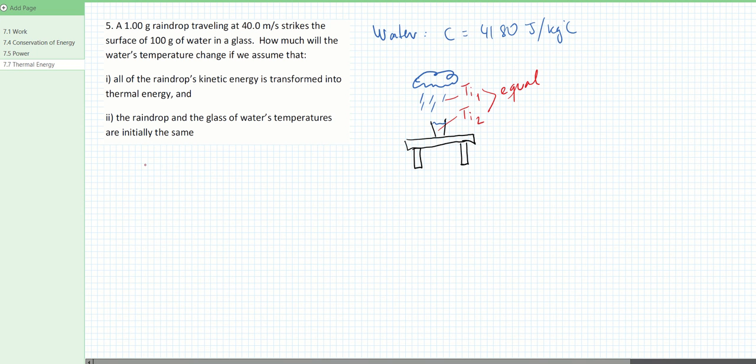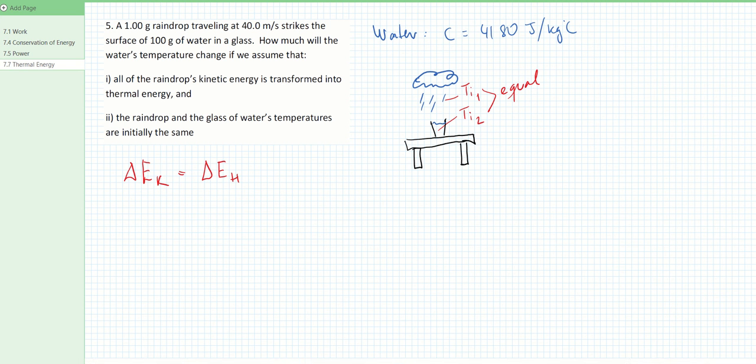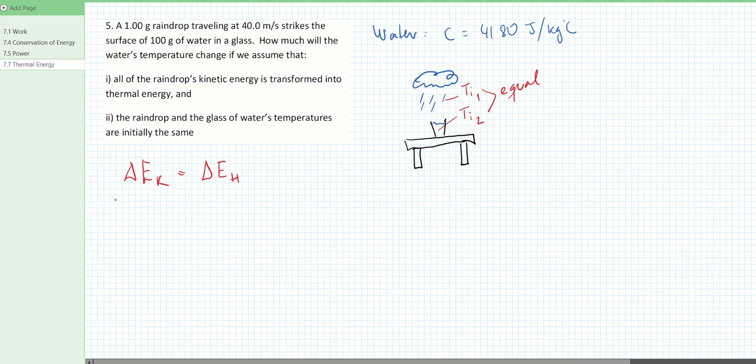So here's what we're basically saying. We have some E kinetic that's going to equal a change in thermal energy. So perhaps I should say change in kinetic is going to equal change in thermal. Okay, so in this case, that's what we're going to go with. We don't know what the initial kinetic energy is, so we're just concerned about the final kinetic energy. So once you rewrite this, we're basically only going to have the final kinetic energy. So EK final is going to equal the change in thermal energy,